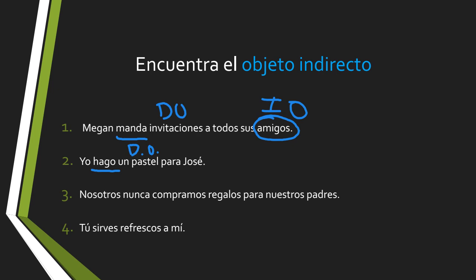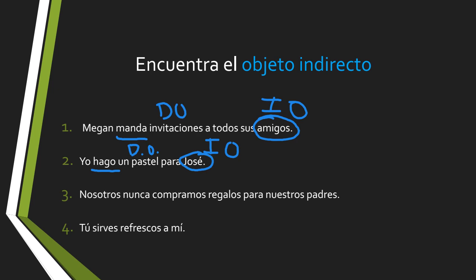And we see para, that's just a connecting word. It means for. But we can see we do have another person at the end of our sentence, Jose. So we know that Jose is our IO. And as you can see, process of elimination, once we found our verb, once we found our direct object, it's pretty easy to find the indirect object in the sentence. And of course, remember that the indirect object can't come before the verb, so we know that it's not yo